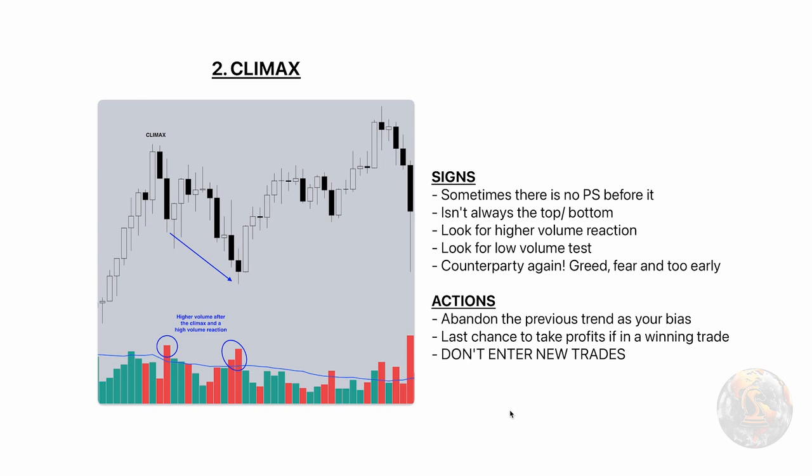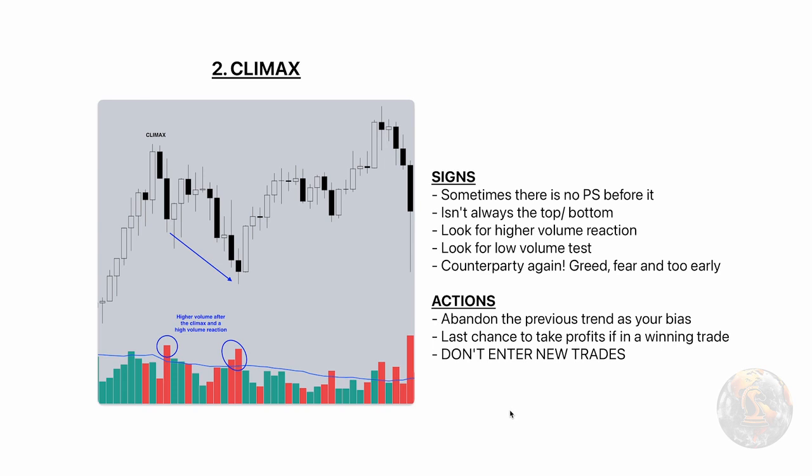Think about it and say, if I was greedy right now, what would I be doing? If I was fearful right now, imagine my position was underwater, what would I be doing? And that's a really good one. Because if you can imagine yourself and say, if I had shorted the previous support, let's say we're in a downtrend, and we're at the selling climax, how much would I be underwater right now? Actually calculate it and say, wow, I'd be 10% underwater. So if I used anything above 10x leverage, I'd already be liquidated. So anyone who's still holding these shorts must be really panicking and ready to close. Get into the head of your counterparty.